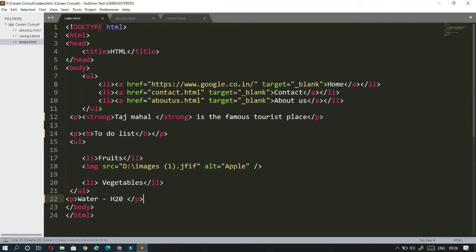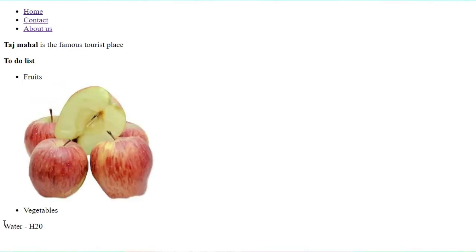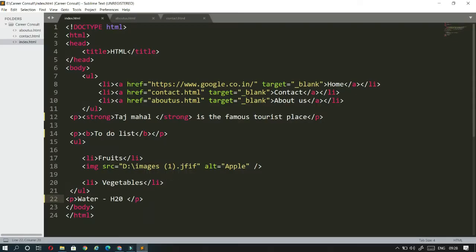So I'm just saving this, and if I go and refresh this page, you can see here water, the formula is H2O, but the 2 should come below the H. It should not be along with the H. So for that we have a tag called sub. So if I just go here and enter the sub,